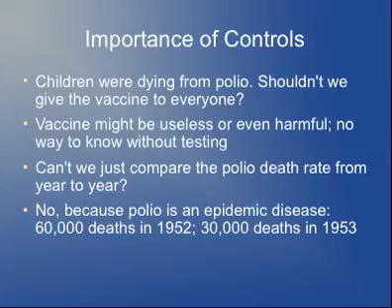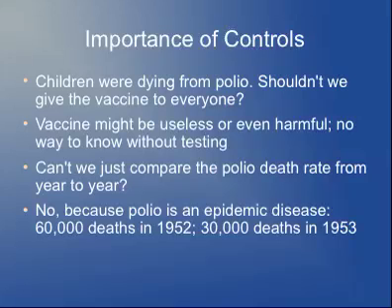We should just give the vaccine to everyone. Well, what if the vaccine doesn't do anything, in which case we're wasting a lot of money? What if the vaccine's actually harmful? It causes kids to develop polio or puts them at increased risk for other diseases. The only way to know if the vaccine's actually producing a positive effect is to compare it to people